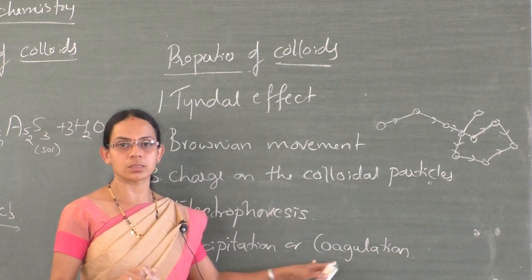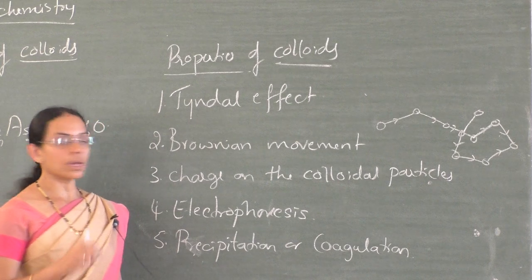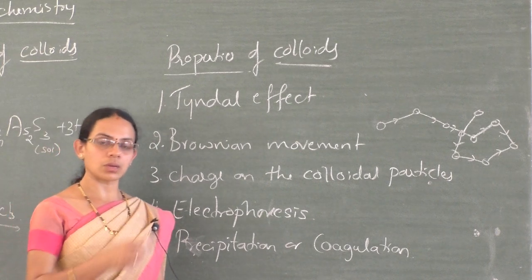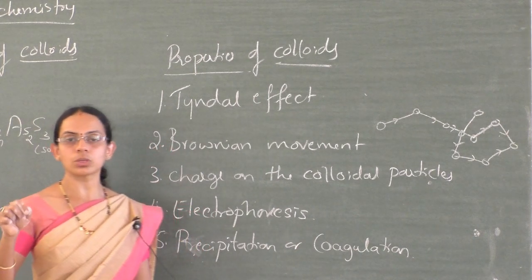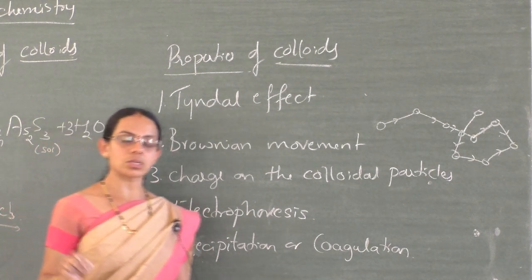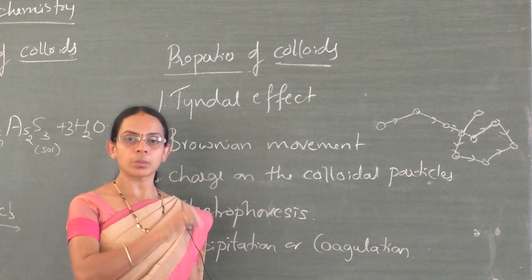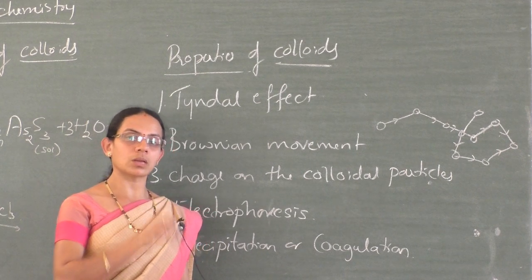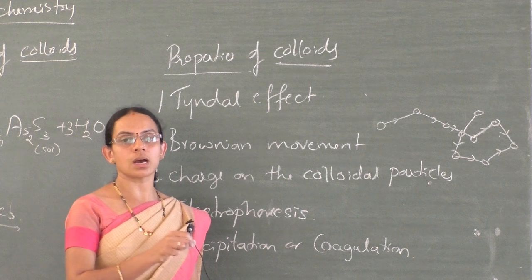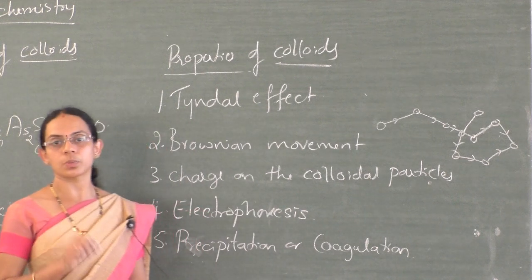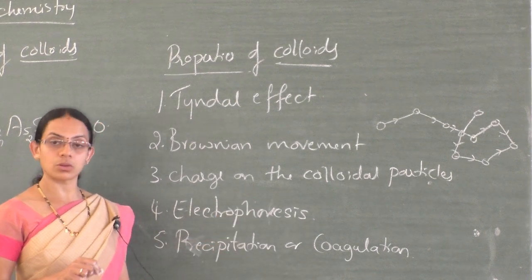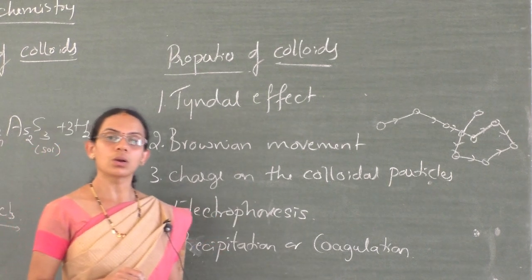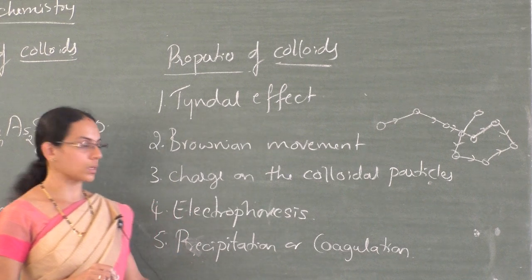of colloidal particles. Or by electrophoresis. During electrophoresis, the positively charged sol particles move towards the negative electrode and negatively charged sol particles move towards the positive electrode. On prolonged electrophoresis, they lose their charge and discharge at the respective electrodes. So during electrophoresis also, we can cause the coagulation of colloidal particles.